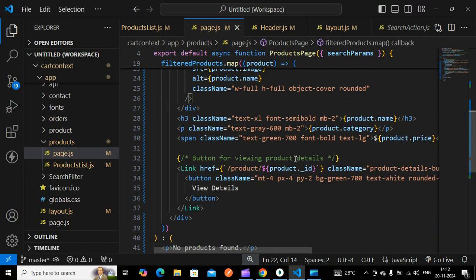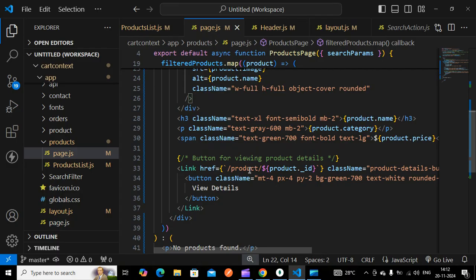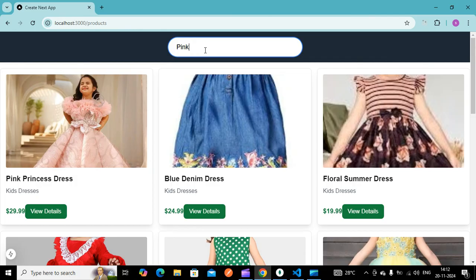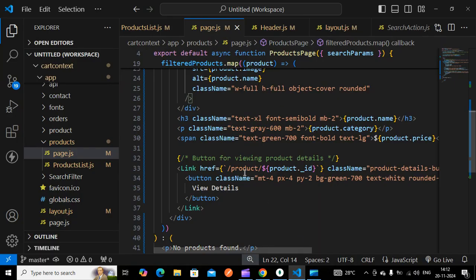So on the view details page, if I click that particular product, it will go to this particular product detail page. So this is all about it. We will see, once I type pink, it will search using the regex in the database. In the regex we will be getting pink. What it will do is convert it into case insensitive and search in the database, and whatever exists in this pink color will be filtered, and the filtered product will be shown here, right?